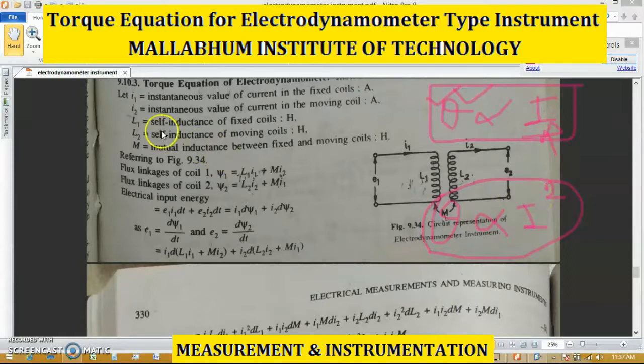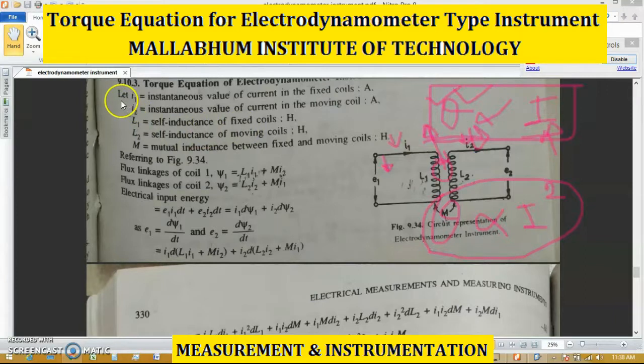Now, starting with the equation. First of all, in the electrodynamic type instrument there are two magnetic coils, and within these two coils there is a moving coil on this side, and this moving coil is associated with a pointer. Current flows through these two coils. As I have said, the moving coil current direction and the magnetic coil current direction are opposite. That's why a force is generated and the pointer always moves in the rightward direction.